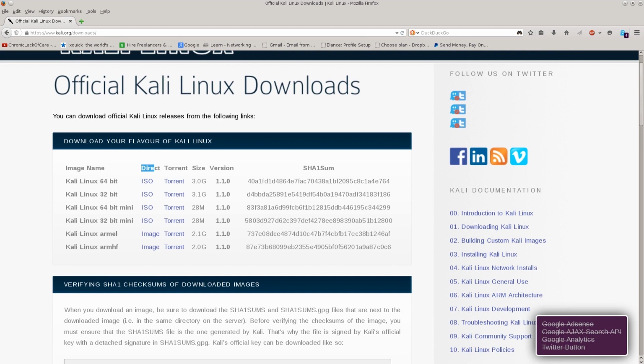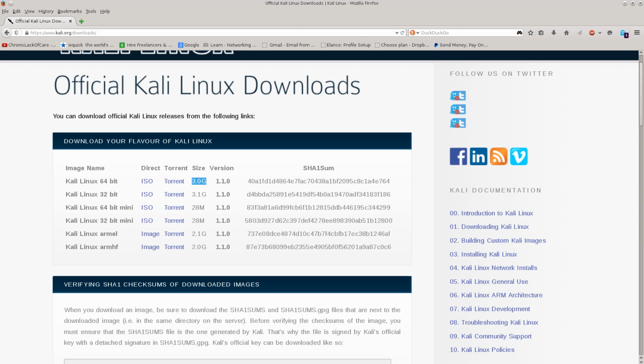You can have a direct ISO download of an ISO file, or you can go over to the torrents and download it from there. Now, Kali Linux, due to the amount of tools that it has and that come pre-installed, is fairly massive for a Linux distro. I mean, it's 3 GB, which is huge. The download of 3 GB, it's not just gonna fly like that. Well, maybe it will. I don't know what sort of a connection you have, but for the sake of